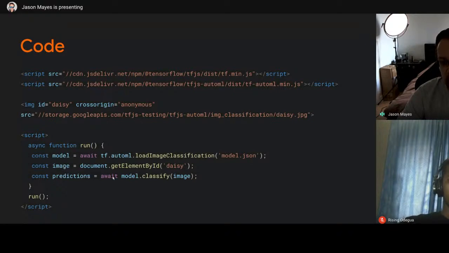And then finally, all we need to do is call model.classify with the image we want to classify. Once again, because this can potentially be executing on a graphics card or something like this, it is an asynchronous operation. So again, we use the await keyword, and then this comes back and is assigned to predictions. And this will be a JavaScript object that you can then iterate through in a typical for loop or something like this. You can go through all the predictions it thinks it's seen for that image, and you can then check the confidence levels and do something with that knowledge. So in just 3 lines of JavaScript and an import, you can use the Cloud AutoML machine learning system, which is pretty cool. And this can be used for production-level stuff. We've seen people use this.